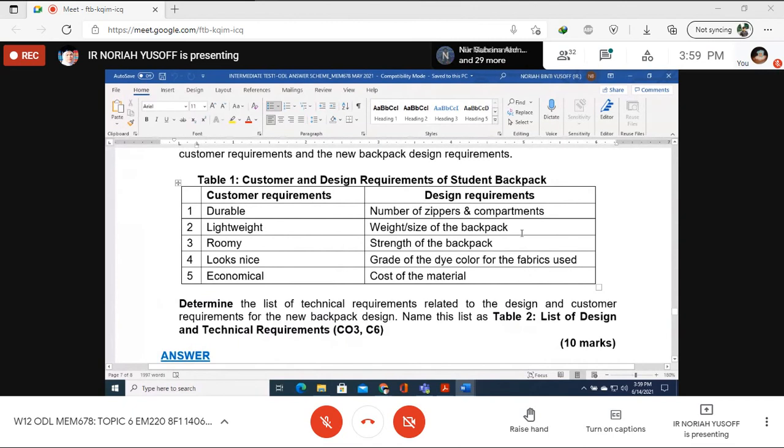How do we know the student's weight berapa? You must set numbers, you must put figures. And then lagi satu, grade and color dyes. Ada yang some of you,